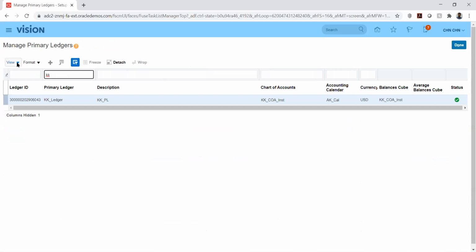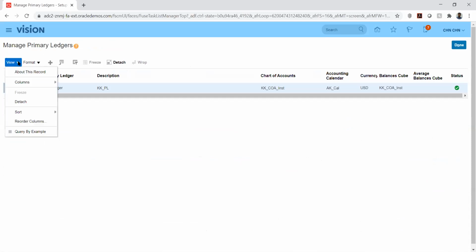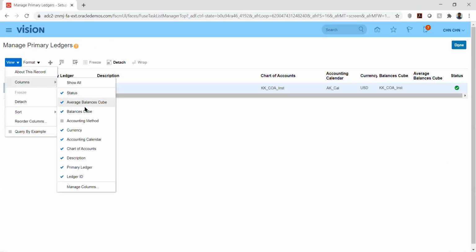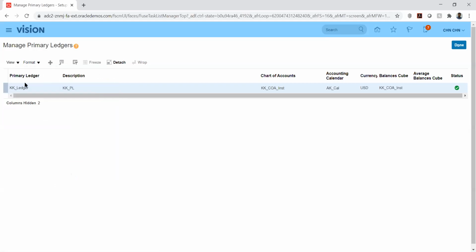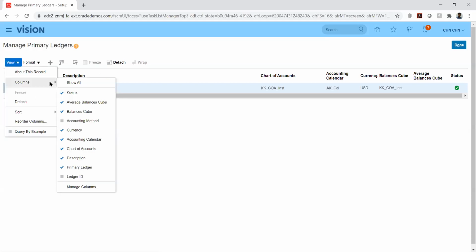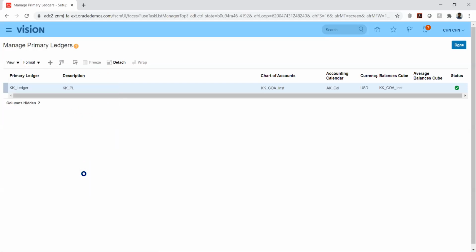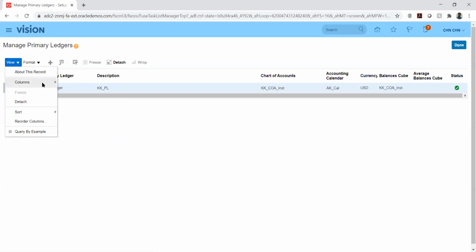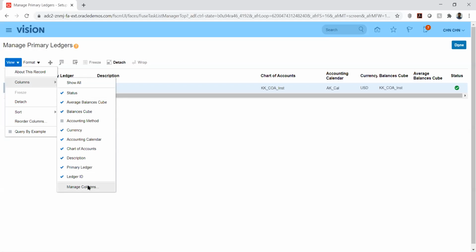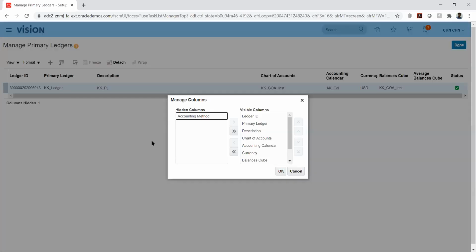From this view, actually, we can see query by example. It's a column actually. So if we want to hide or add any column, we can hide or add it. If we want to disable, we can disable, and if we want to enable, we just go to columns and enable it. We can even bring more columns, whatever columns are listed here. Manage columns will not be there. Any additional columns? Whatever we have here, we can take. Okay, fine.